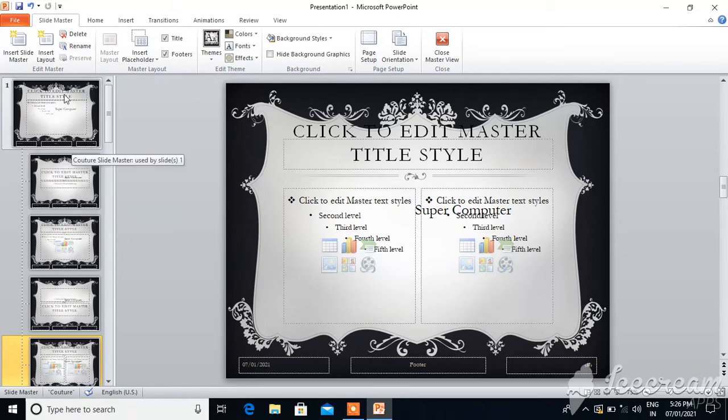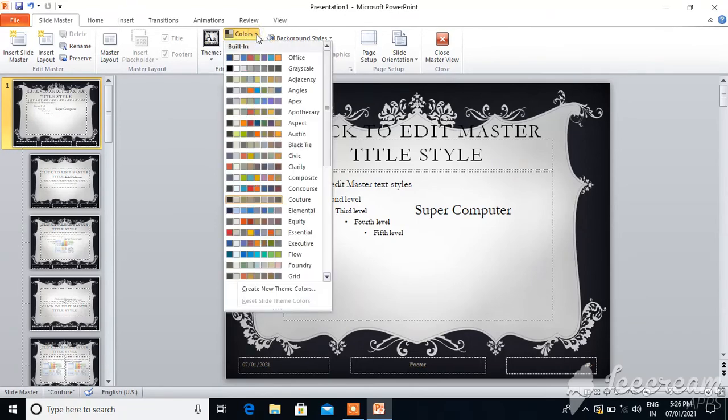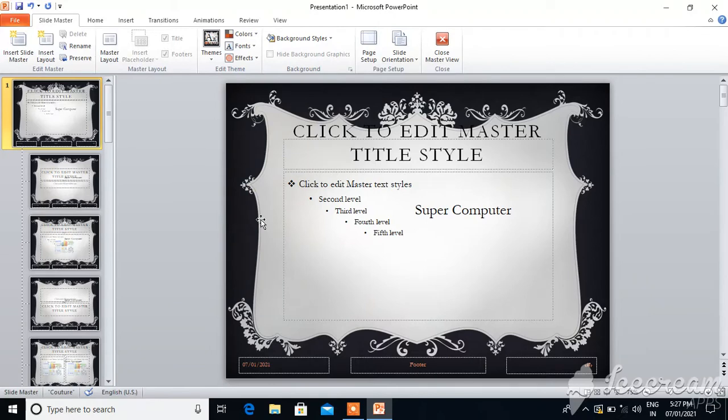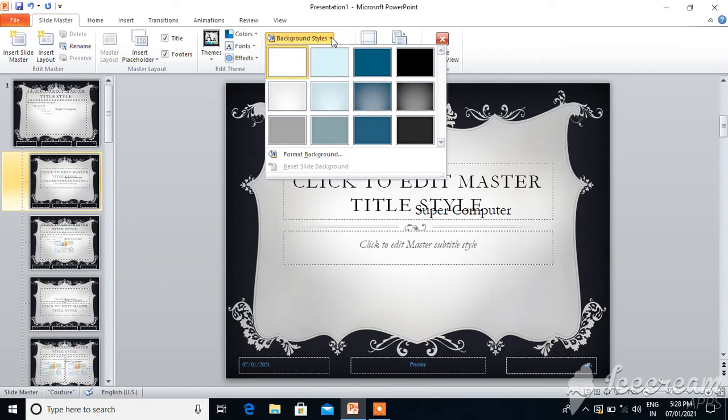Now if you want to change the color of the theme, you can change it. Okay, see here. Now I don't want this black color. I want some colorful scheme. So you can do it. Okay, the same way you can select the background color also.